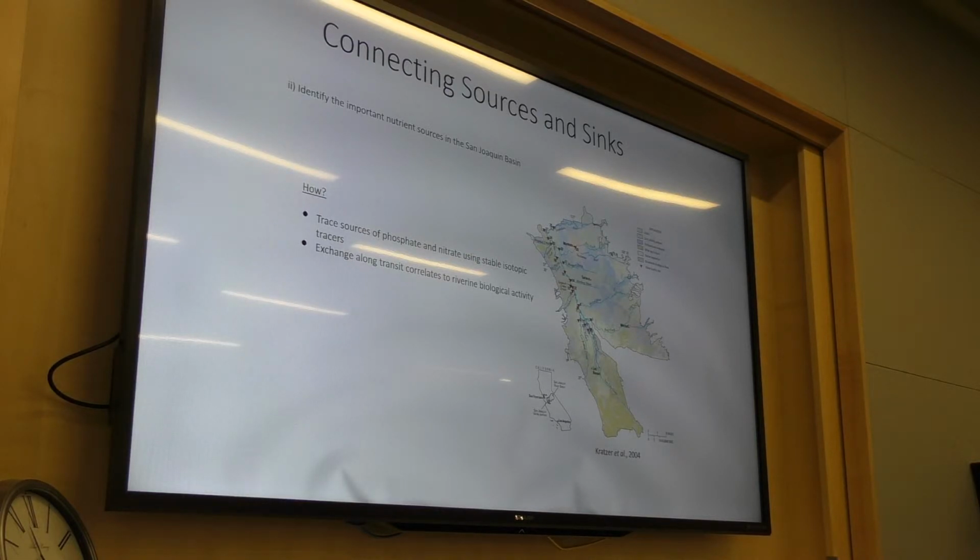And so on the right, you can see that there are a host of different land use types in the San Joaquin River Basin, from pink urban areas to native vegetation areas in the pale yellow. And what we would do with these stable isotopic tracers is identify the sources of nitrogen in all these different land use areas. So human agricultural waste has a unique isotopic composition different from native vegetative waste, which is different from fertilizer applied waste. Fertilizer applies nitrogen and phosphorus.